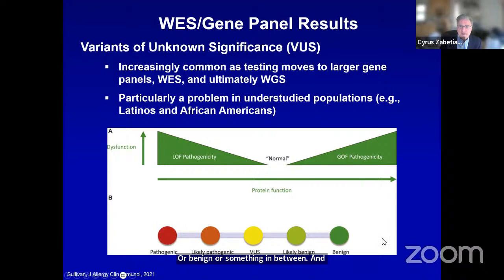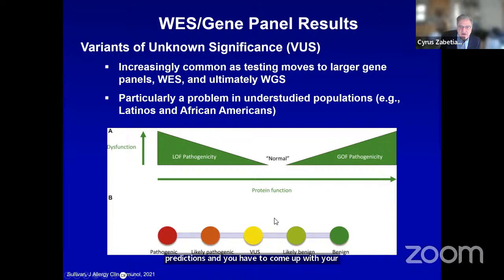There are several things that go into this decision. One is how disruptive the variant is predicted to be in silico. In other words, is it an area of the protein that is highly conserved across species or not? Has it been reported in that particular disease? And if so, does it clearly segregate with disease? So you take a combination of clinical and biological predictions, and you have to come up with ultimately your prediction.